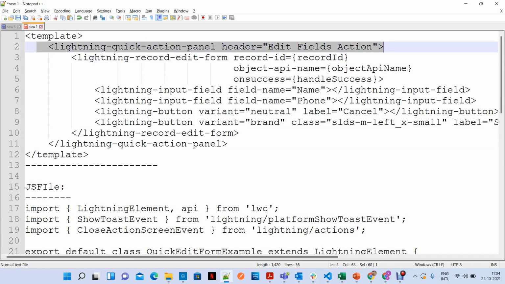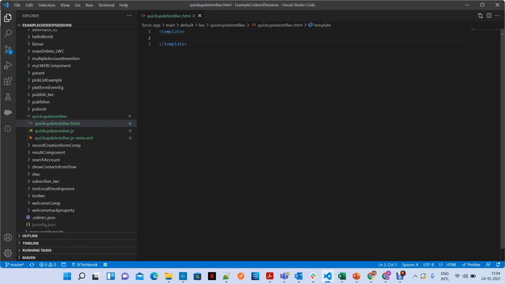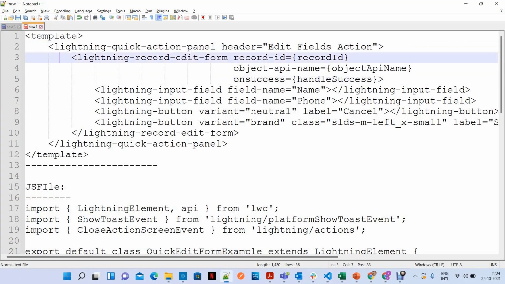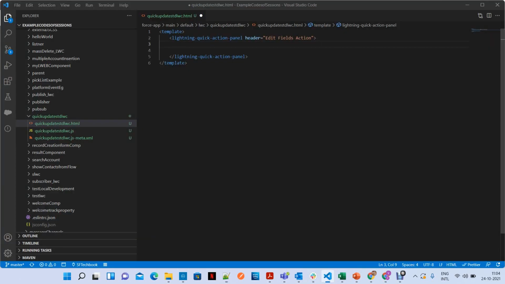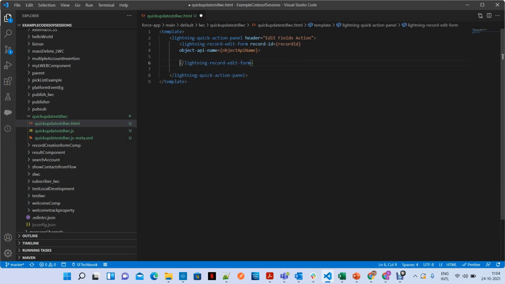To prepare a quick action design, you just need to use lightning-quick-action-panel, which you can see in the Lightning Component Library, and lightning-record-edit-form for quick update on student. Then I want to include name, date of birth and email for the quick update. So let's do this.